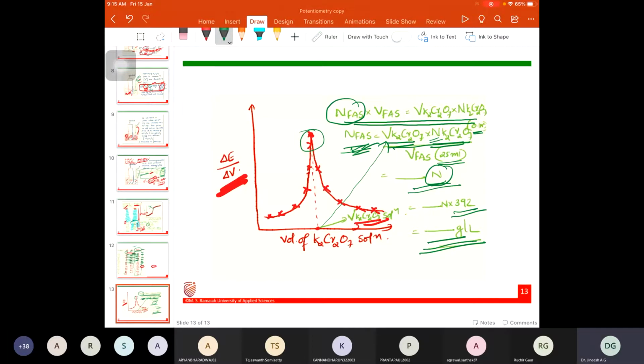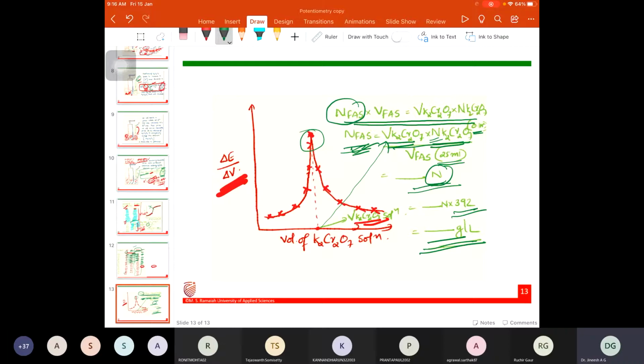We imagined a redox reaction is going to happen. Am I right? That redox reaction will be completed at the equivalence point. The meaning of equivalence point is that the reaction got completed. So whatever potassium dichromate solution you have added is completely utilized for the conversion of Fe2+ ions in the ferrous ammonium sulfate solution into Fe3+ ions. That is the meaning of equivalence point. Clear?